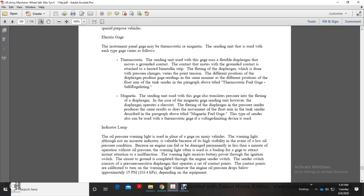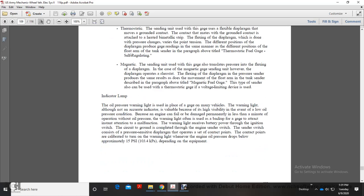The type of sending unit can also be used with the thermostatic gauge and voltage limiting device. Or your indicator lamp. The oil pressure warning light is placed on the gauge of the main vehicle. The warning light, although not accurate in its indication, is valuable because of the high visibility event with low oil pressure conditions. Because an engine can fail and be damaged permanently in less than a minute, operators with the oil pressure warning light often use it as a backup of the gauge to attract the instant attention of